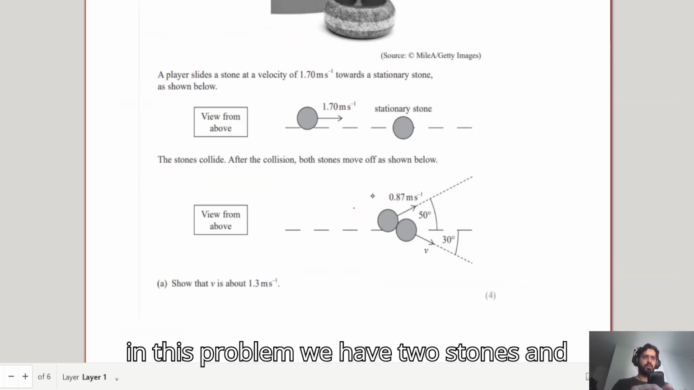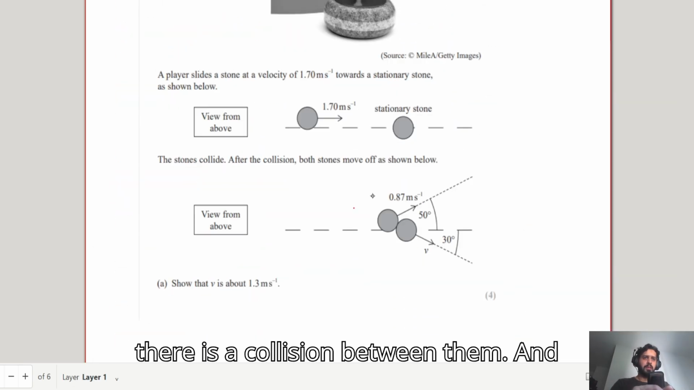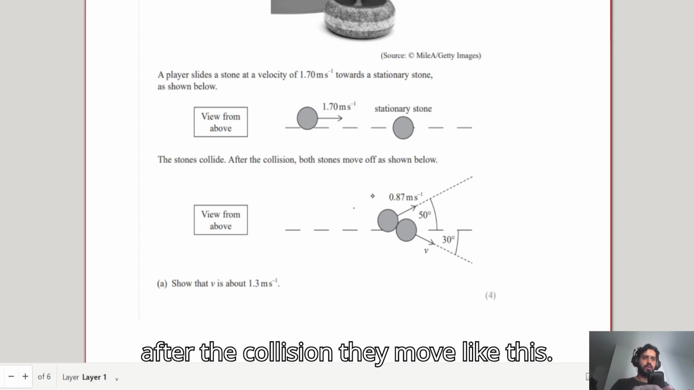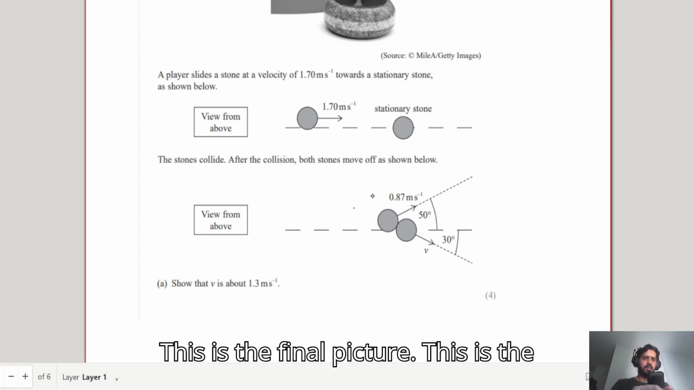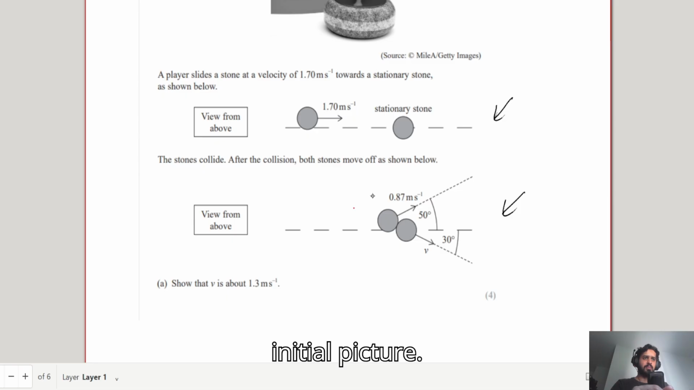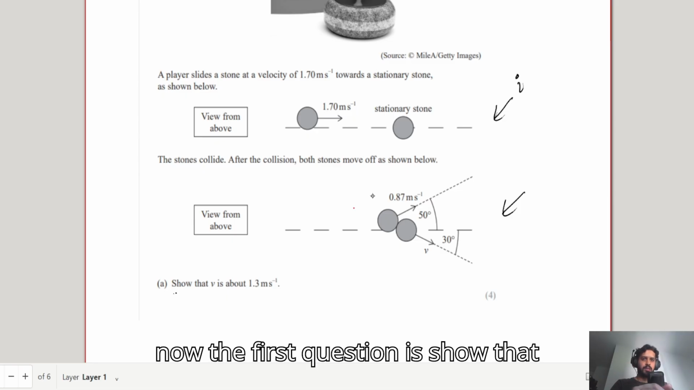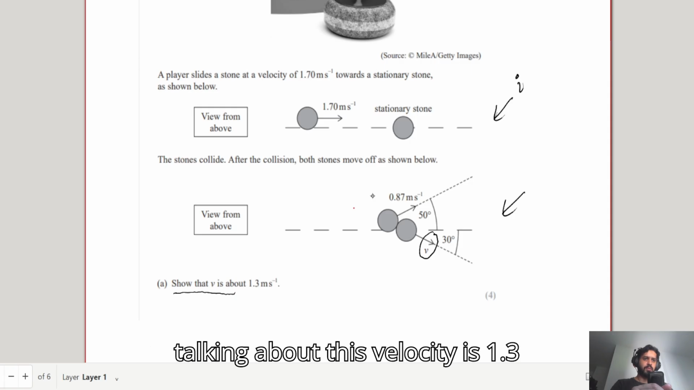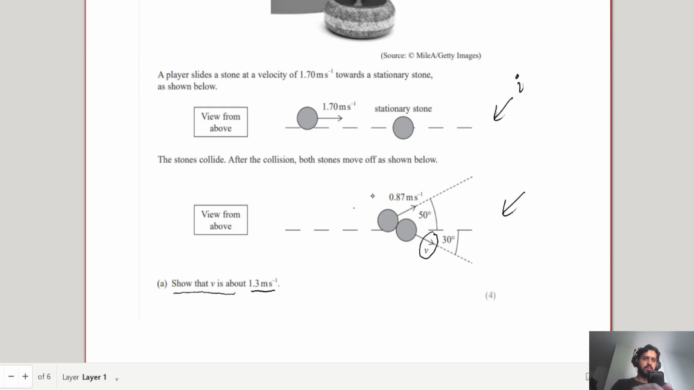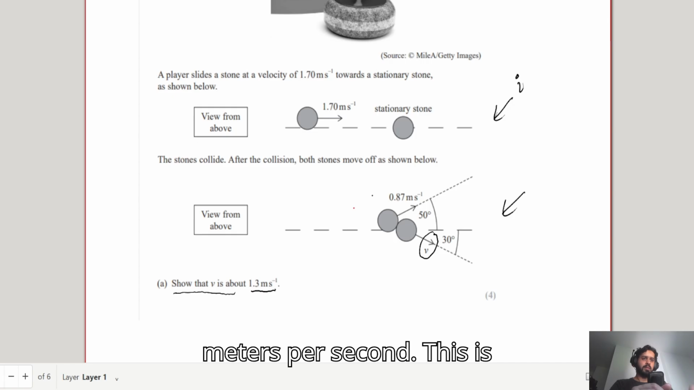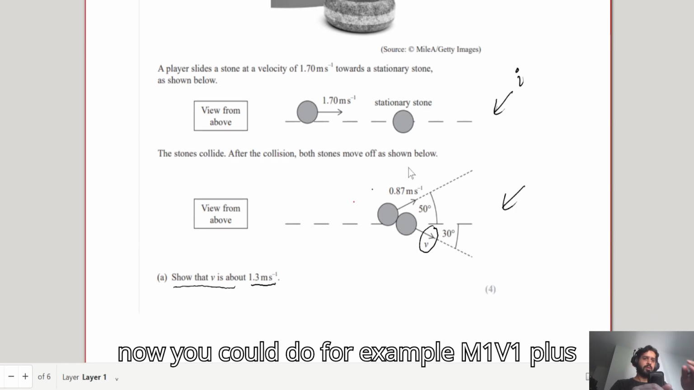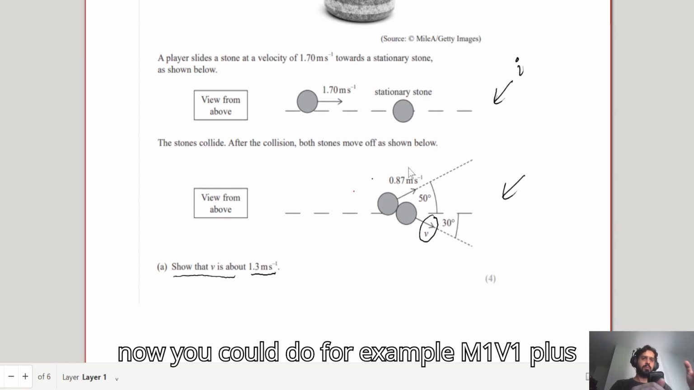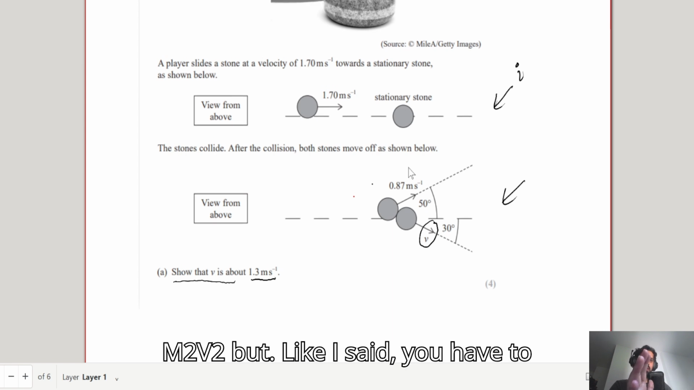So in this problem, we have two stones and there is a collision between them. And after the collision, they move like this. This is the final picture. This is the initial picture. Now, the first question is, show that velocity v in this diagram, so they're talking about this velocity, is 1.3 meters per second. Now you could do, for example, m1 v1 plus m2 v2, but like I said,